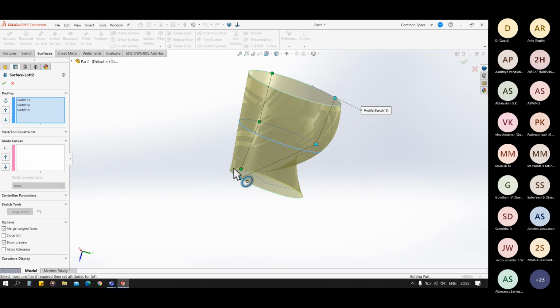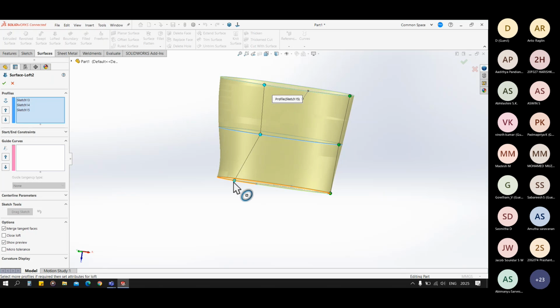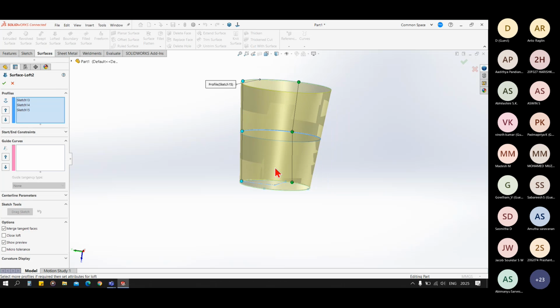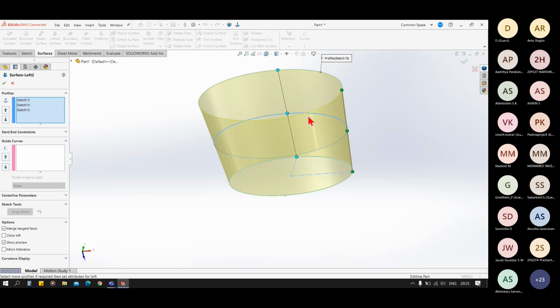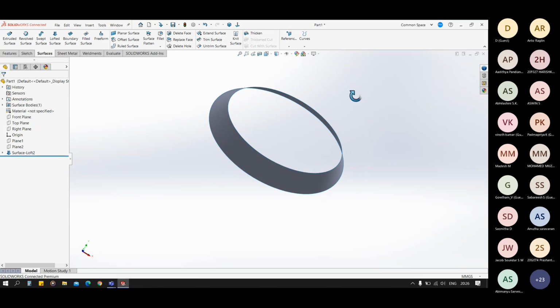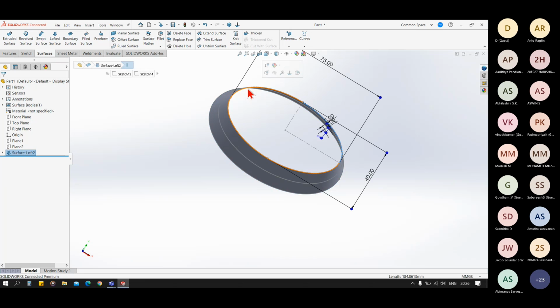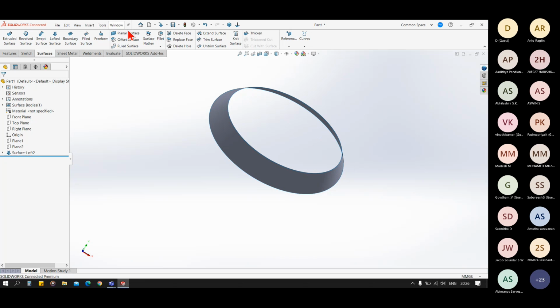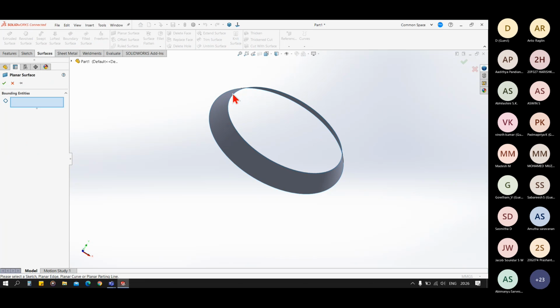We can change these points approximately. So you see, we have our shape now. But if you are asking me for the closed one, we can have the planar surface and select this edge.